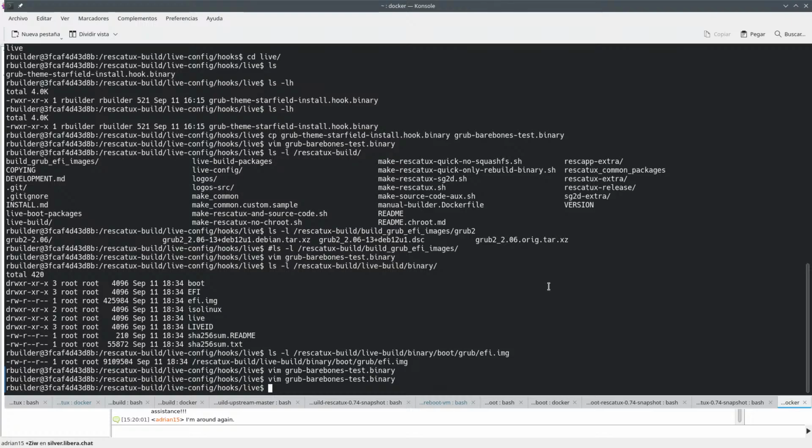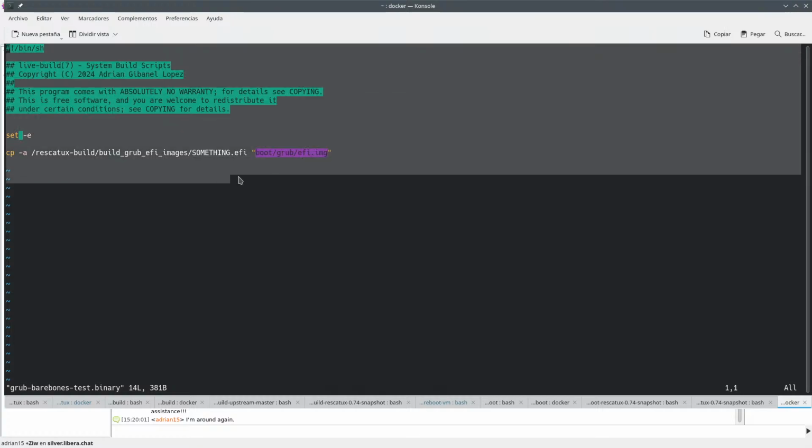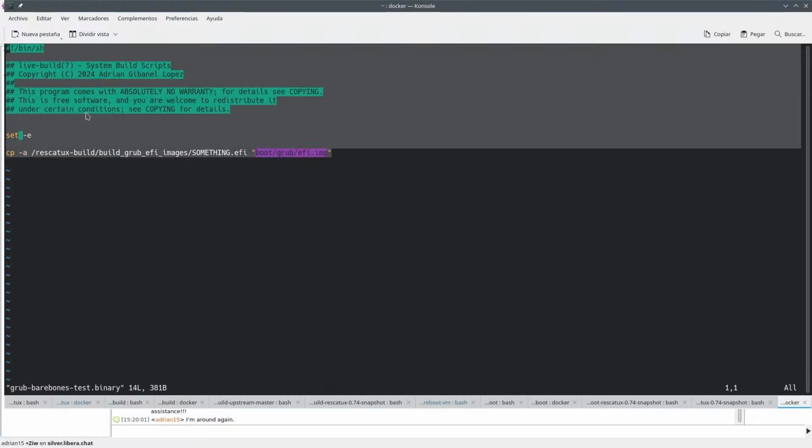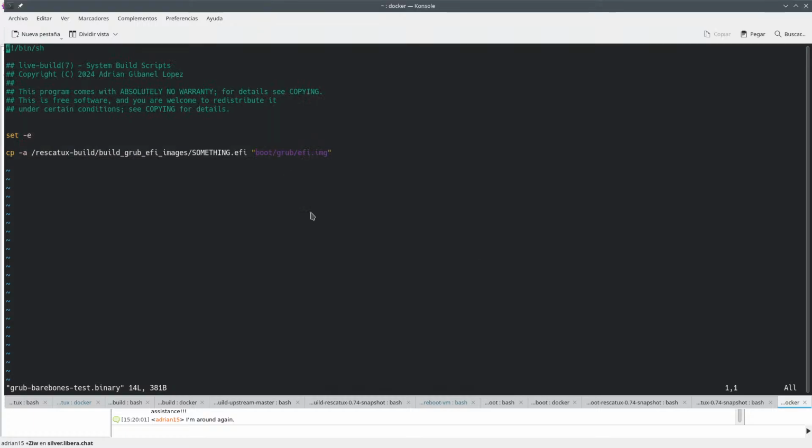Yeah, so here's the thing that we have here. It doesn't do anything useful. Let me copy all of this. So what we actually want to do here is not copying this thing here, but creating, I mean, once you've got the EFI, you want to